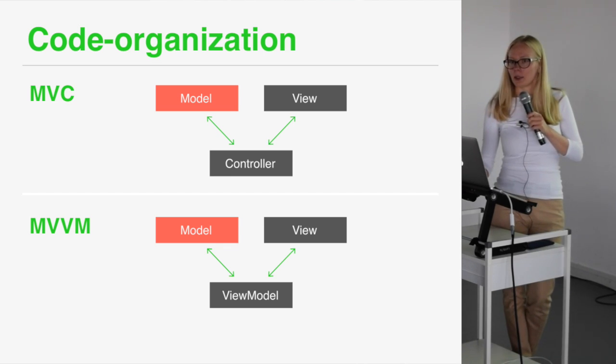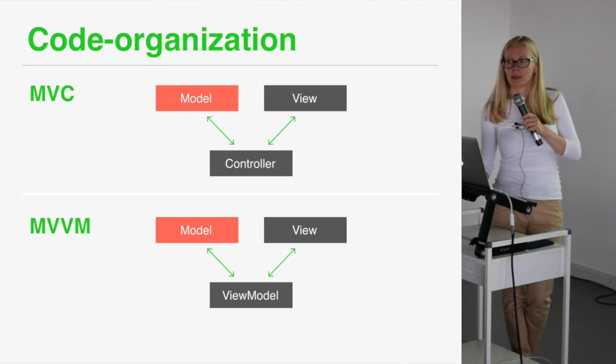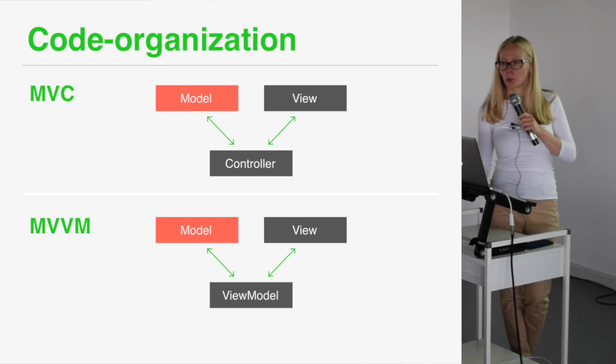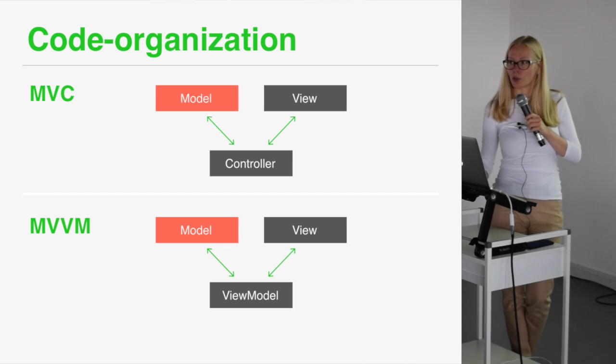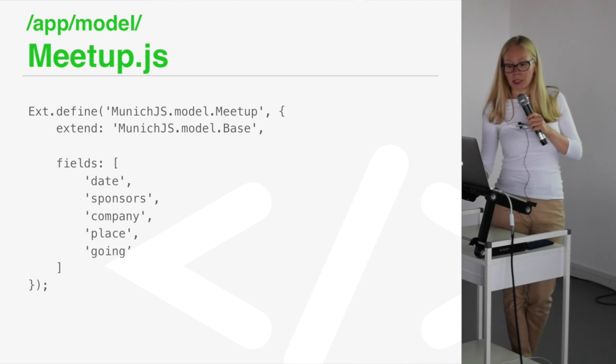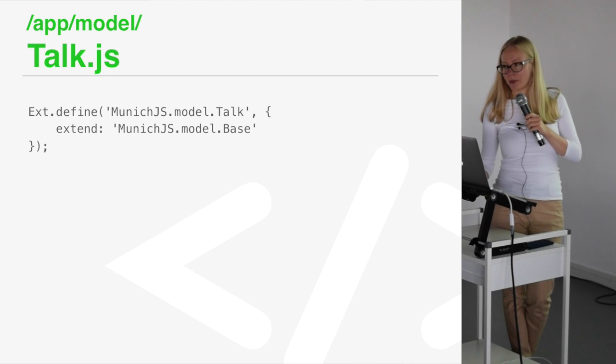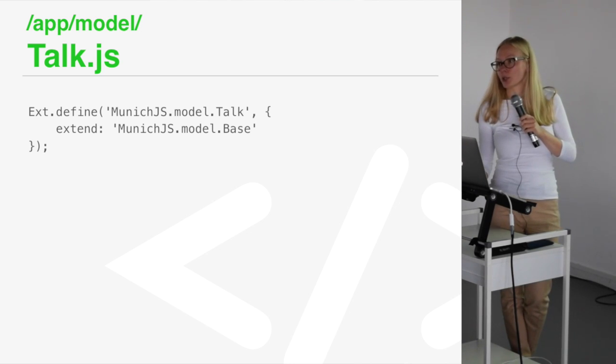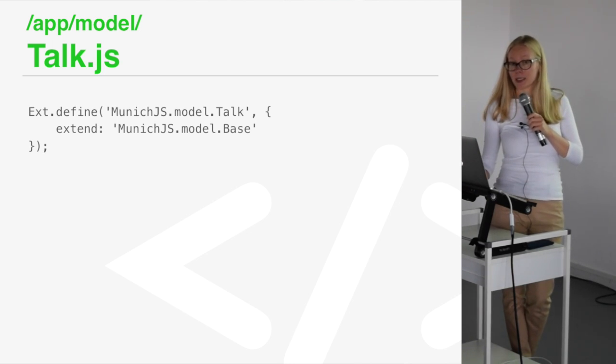It's like a row in a relational database and a table in a relational database. And for our application, we need models for talks and meetups. For the meetup model, we just define a fields list, and for the talk model, we define nothing because the fields list is optional. And if we define nothing, it means that everything that is received from the server will be stored in the model without any changes. Pretty boring, but